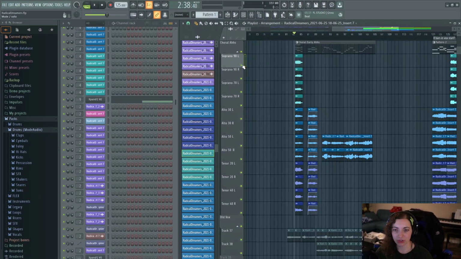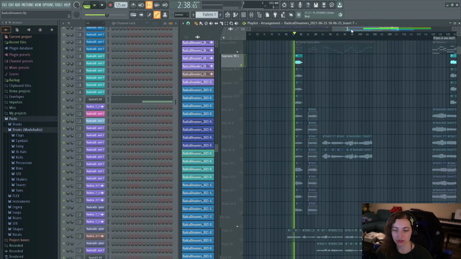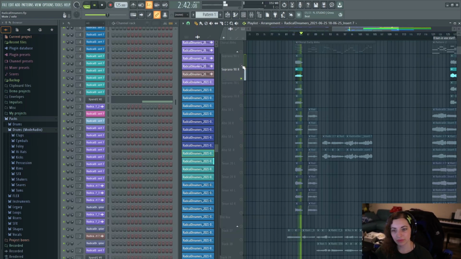So this particular part here, I'm hearing it mostly on my left side, a tiny little bit in the right, but it's mostly in the left. And then same thing for this one. This one's gonna be way back, mostly in the right. And when you do it together, they kind of even each other out. And then we'll do 70 left, 70 right.